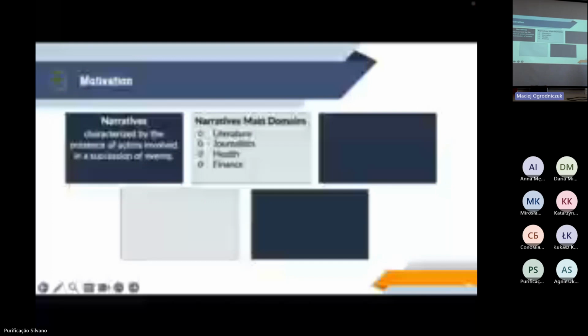We also have narratives in the health domain. When you look at clinical reports, for instance, you can find different kinds of narratives of the story of the patient and the disease, and we also have been working with that. And also finance, the news, for instance, related to finance and economy, also tells stories, for instance, about the increase and decrease of prices. So in all of these domains, we find these narratives, and we think that it's important